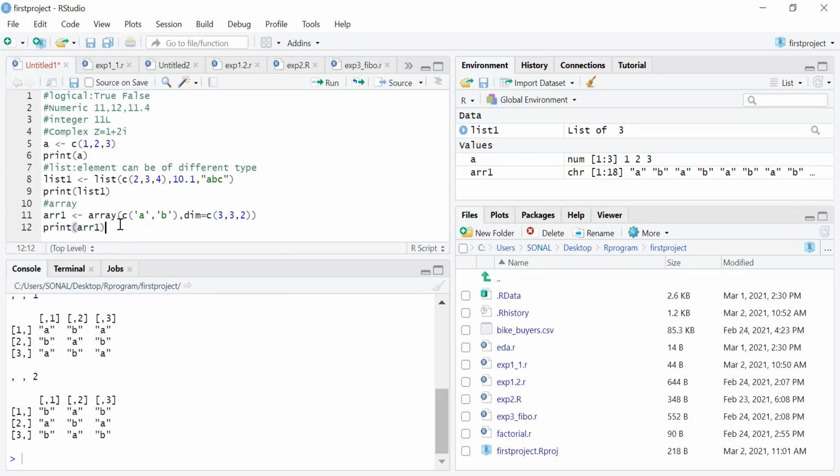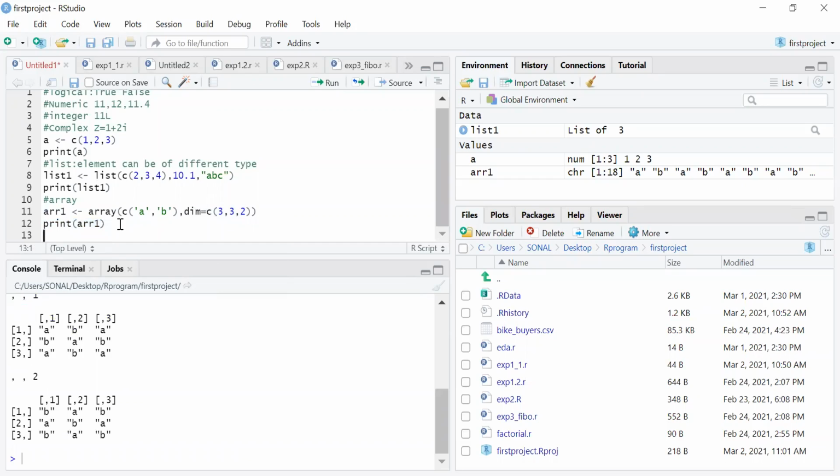Another data structure that we can see is a matrix. Everything in R is an object, and a matrix is also an object. Here the elements are arranged in a two-dimensional rectangular layout.